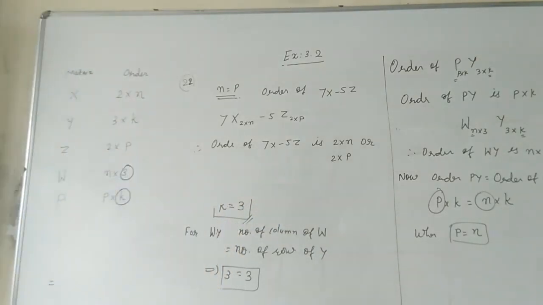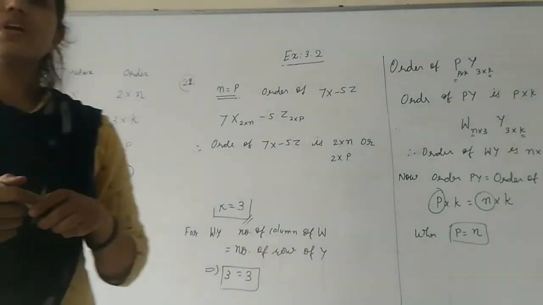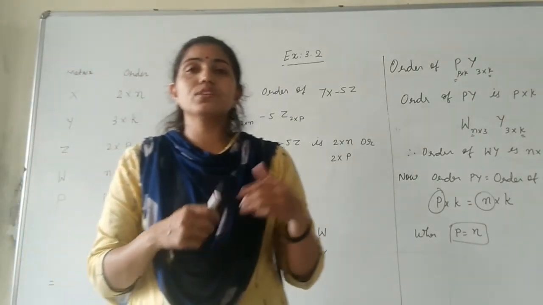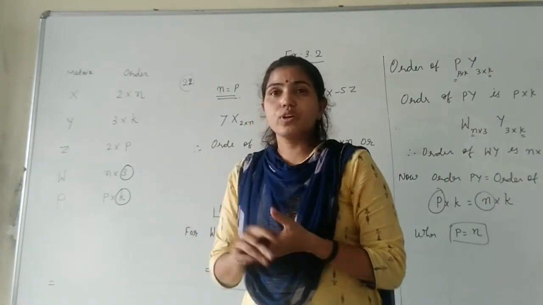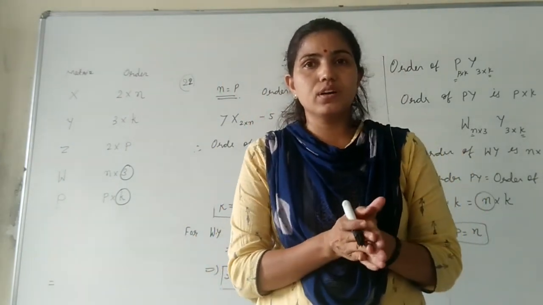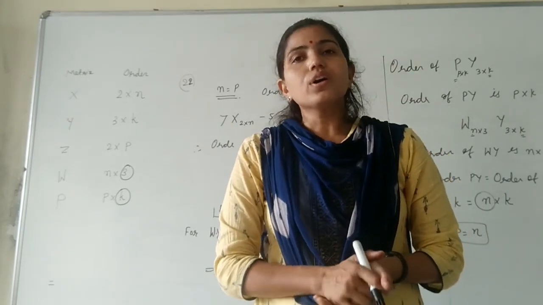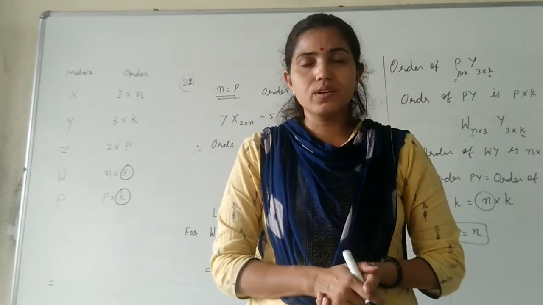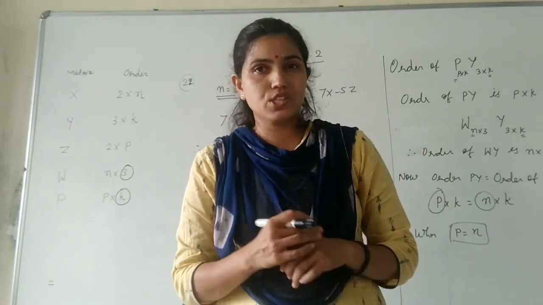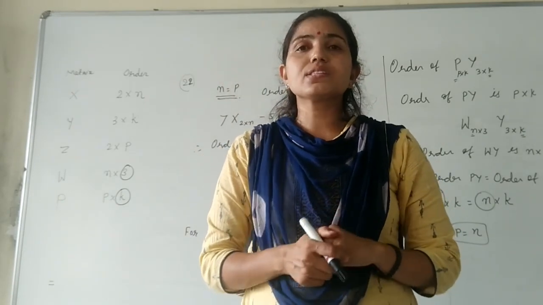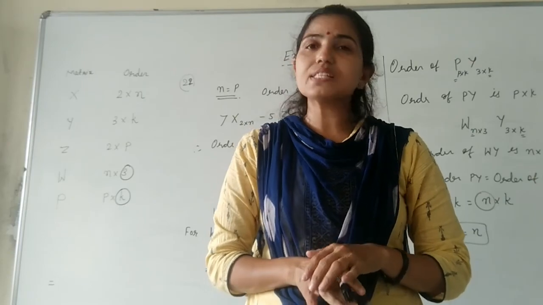So with this, students, all the questions of exercise 3.2 are over. You can see this question solving. Just solve this question. The MCQs are there, so this MCQ we have solved. You can understand these things. Now today we stop here. In the next class we will see the next topic of this chapter, that is the symmetric and skew symmetric matrix, and then